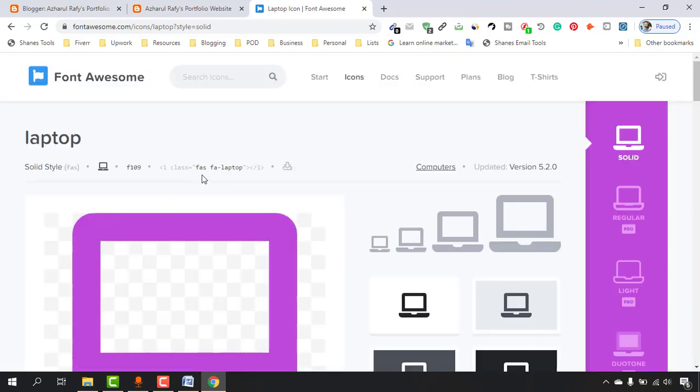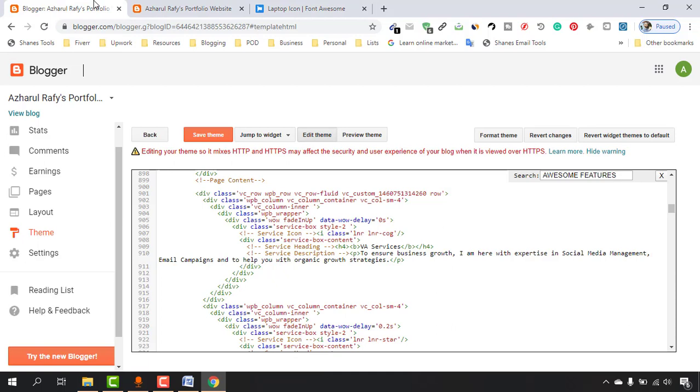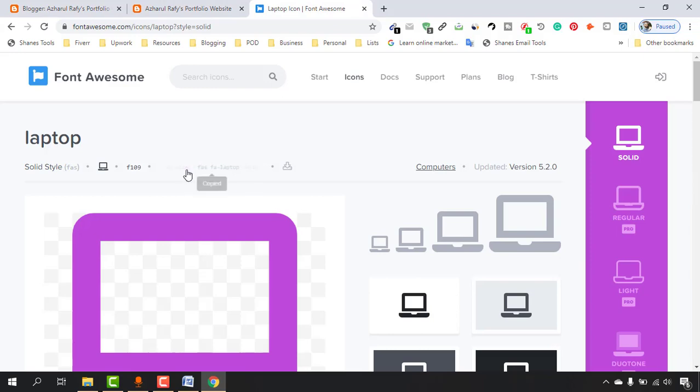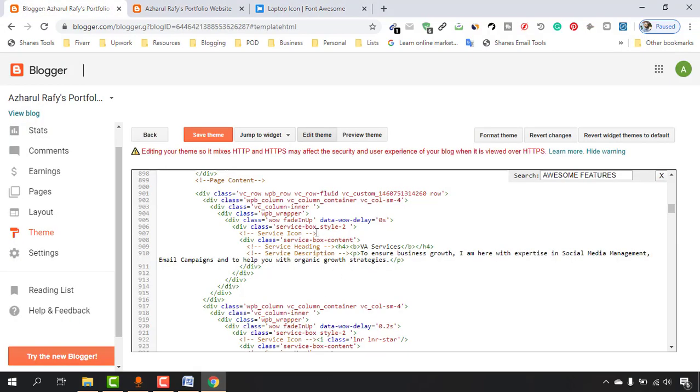Let's use this one as an example, and we're going to find a code, as you can see, i class fas fa-laptop. Let's copy this one and go back, and here you will find this class, as you can see, service icon. We have to make the change here. We have to delete this part, and then paste the code which you have found from here. Just copy, click on it, and it will be copied, then go back here and paste it. After pasting it on this page, you have to remove this S from this section, and that's it. Now if we click on save theme,